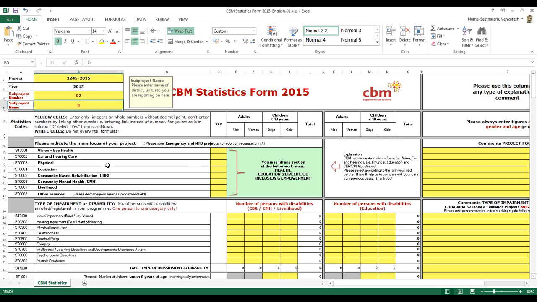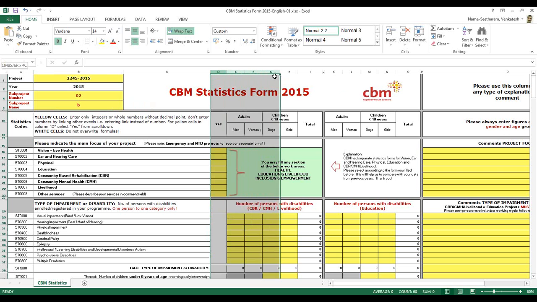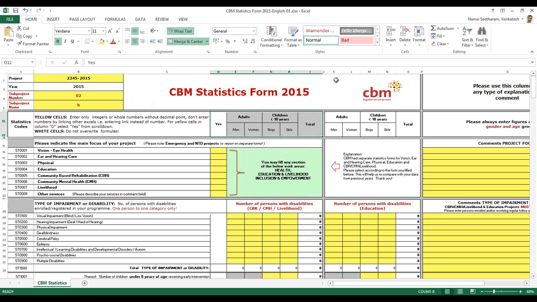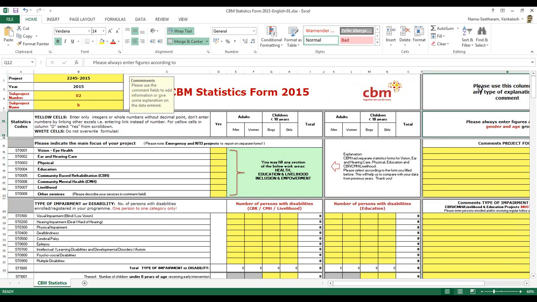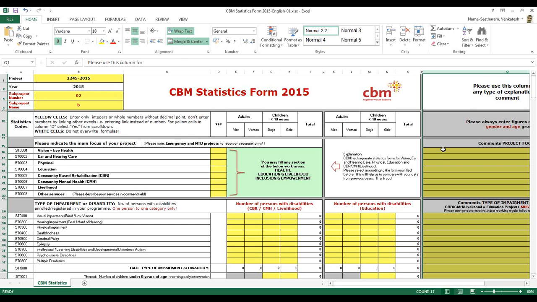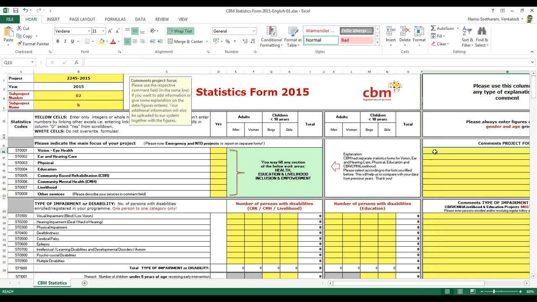Then I would go into the columns. You see these columns D, E, F, G, H, I. These were the same columns we had in the earlier forms. These are the new columns that have been added, and you will see what needs to be reported under each column when you come down. The major advantage is the Q column, where the partner can fill in any comments if he requires.